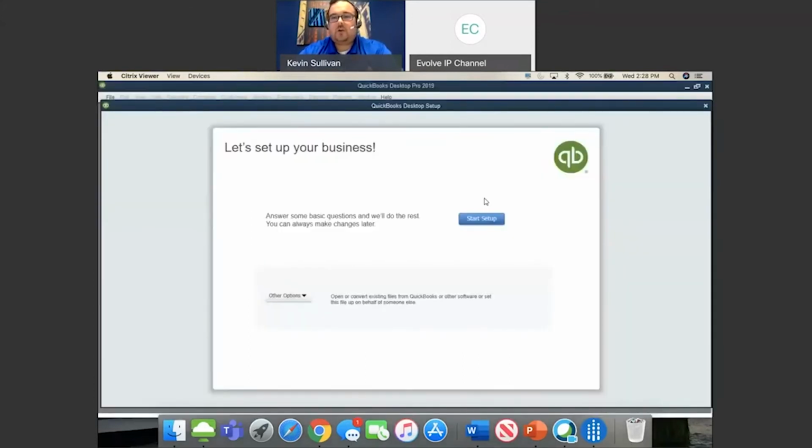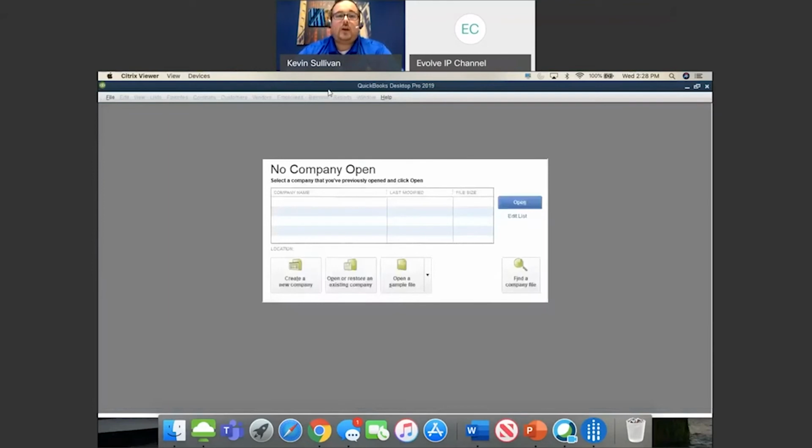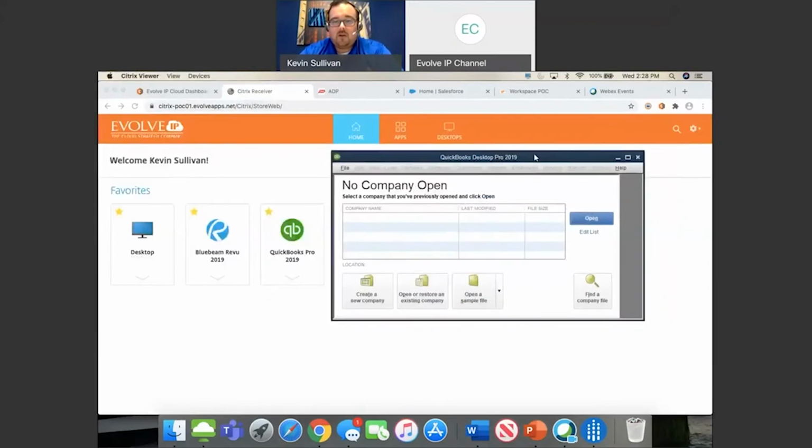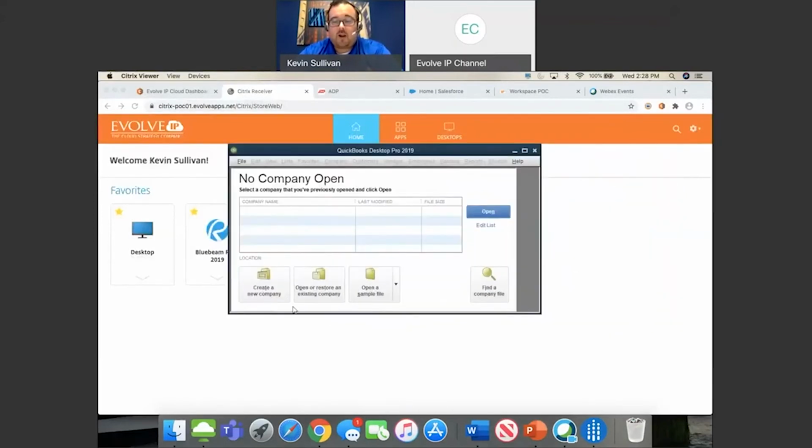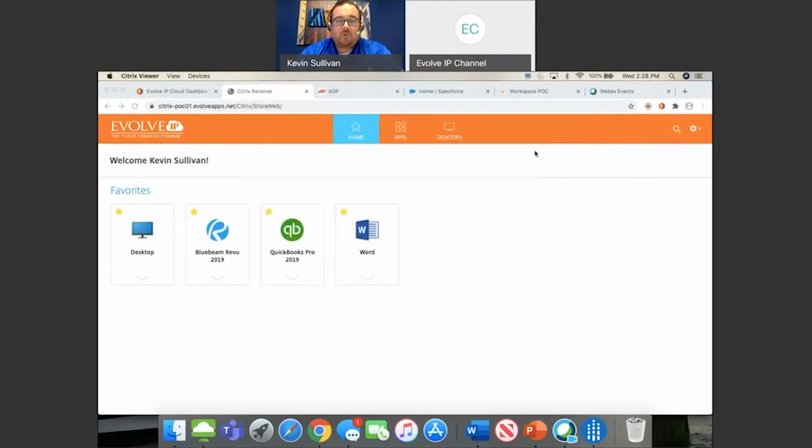But as far as I'm concerned as a user, this is the QuickBooks that I know and love, and I am now up and running within that application. I have no idea that it's not running locally from my machine. It's completely transparent to my operating system. It's able to interact with the underlying drives and everything that I can supply access to if we choose to do so. And when we're done, we simply close it out and we're back to square one,